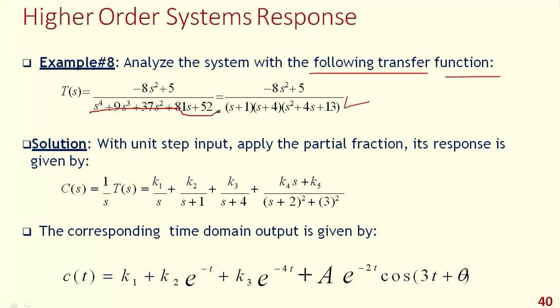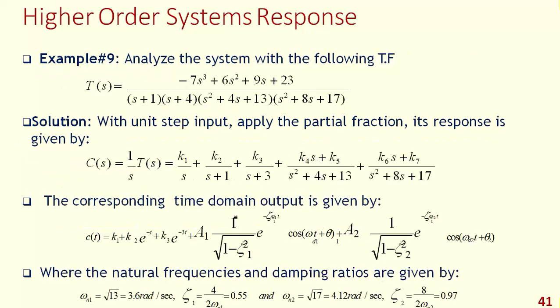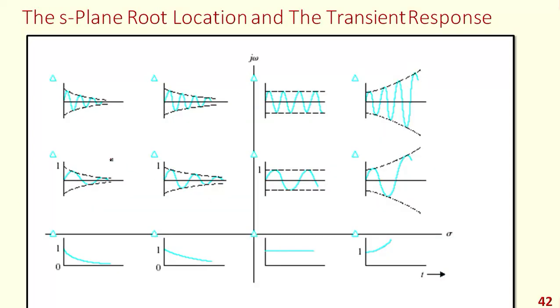This equation can be rewritten as a polynomial equation, (s plus 1)(s plus 4) into (s square plus 4s plus 30). With unit step input, apply the partial fraction and you have to find the response. C of s is equal to 1 by s into T of s. So apply the partial fraction and find the value of zeta and omega n. If you are applying that, then you will get the value of omega and you have to plot